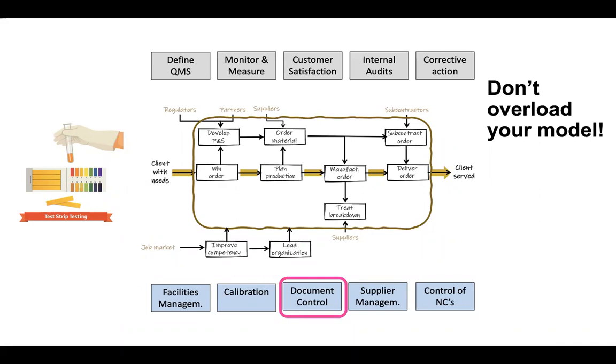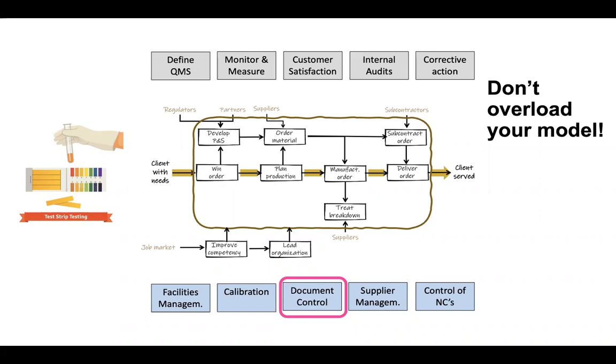Now you have one or two or three indicators about document control. Now imagine reporting those indicators to top management. What will they say? Will they find those indicators useful? If they don't find them useful, or worse, if they start having second thoughts about your mental health for thinking that they would like to know about these indicators, it is a clear sign: don't include it in the model.